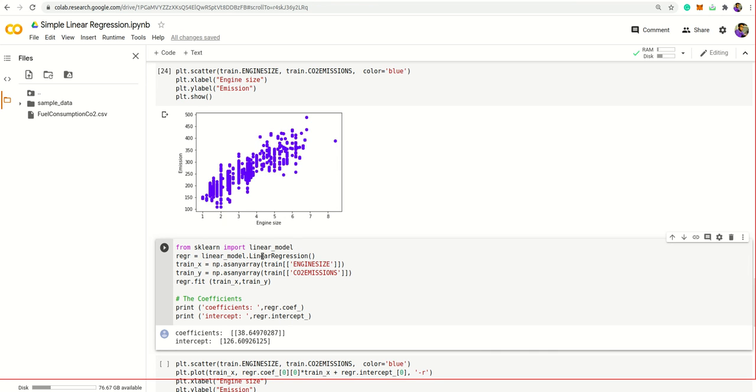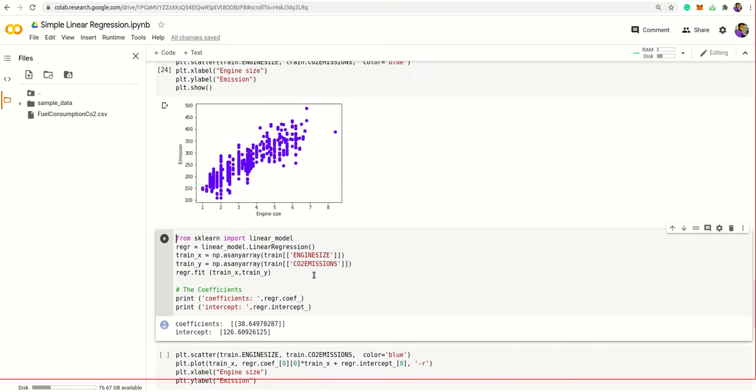So from sklearn import linear_model, linear_model.LinearRegression, train x and train y, these are used for train engine size and train CO2 emission. I already told that train y means y is the dependent, so CO2 emission is the dependent variable, and train x is the independent variable, engine size.